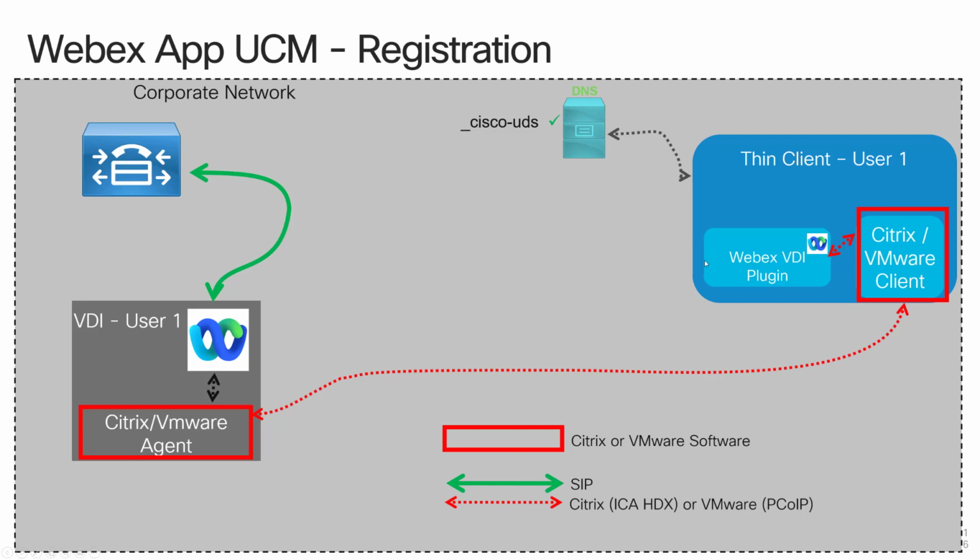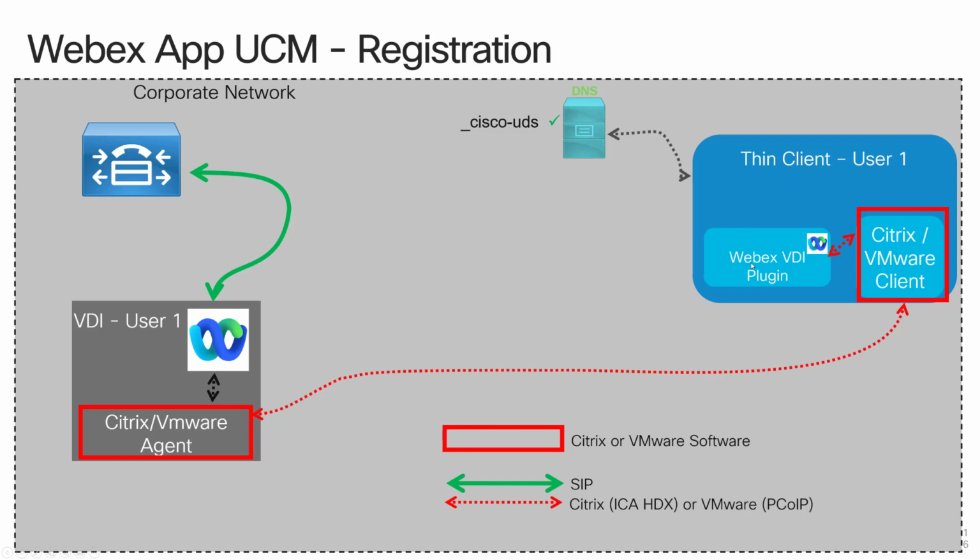So the Webex VDI plugin will send the Cisco UDS SRV query and the Collab Edge SRV query to DNS based on the voice services domain. Because in this scenario we're on premise, we should receive a positive result for the Cisco UDS SRV query. So we should be returned an FQDN of Unified Communications Manager from DNS. Because we get a positive result for Cisco UDS, we know that we're on premise, and we also have